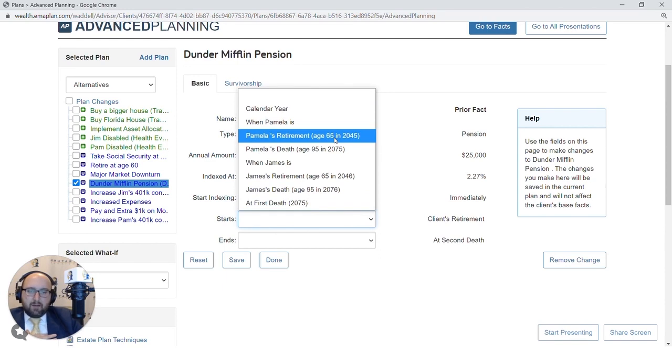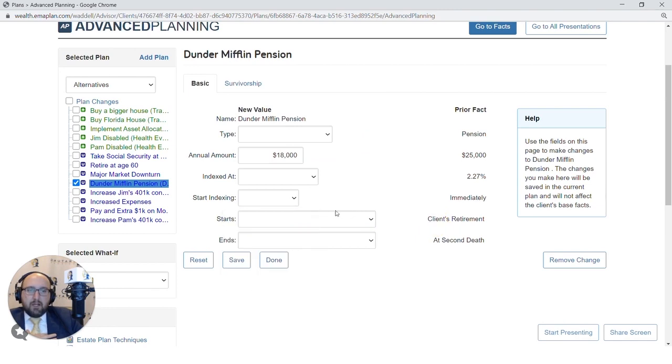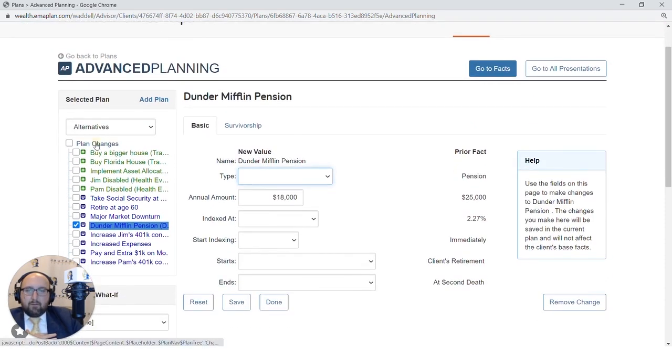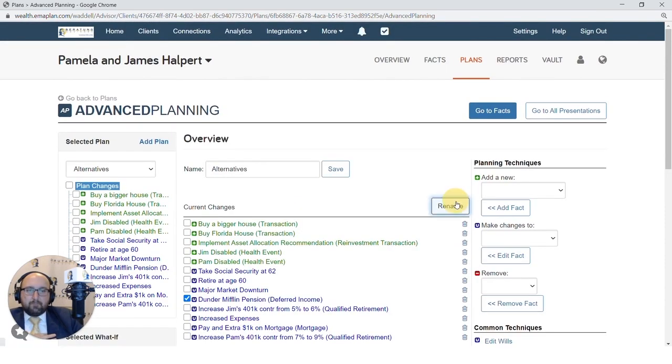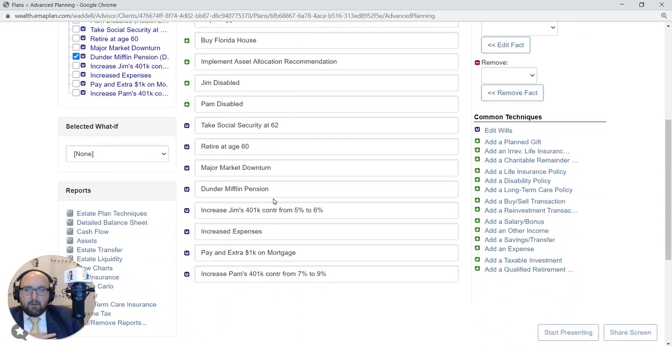So right now it's Pam's retirement at 65. Well, in this scenario, if we have this clicked on, it's going to go to that. So we don't have to worry anything about this, because this is going to allow it to stay at the retirement because we're going to click this. Now, Dunder Mifflin Pension. We're going to go save this. Dunder Mifflin Pension. Take pension